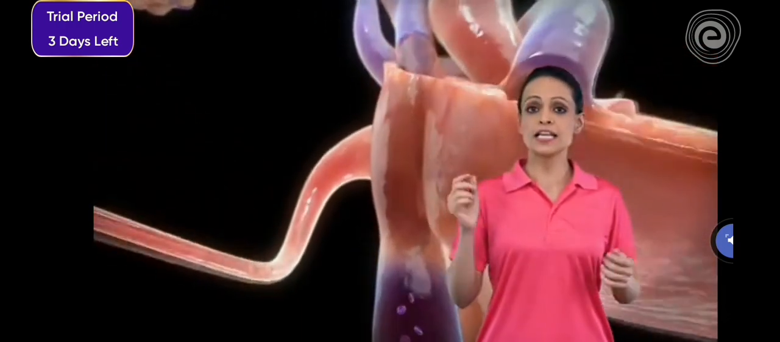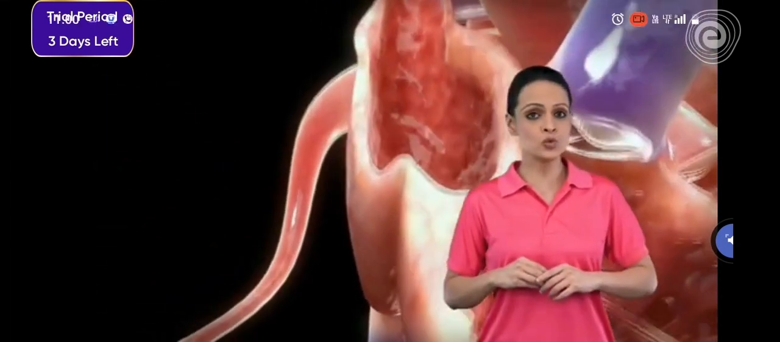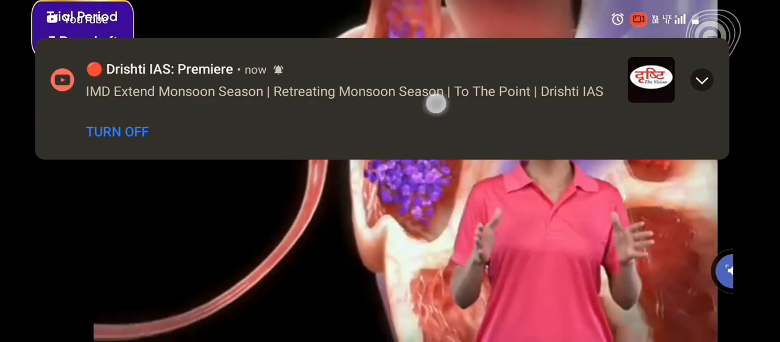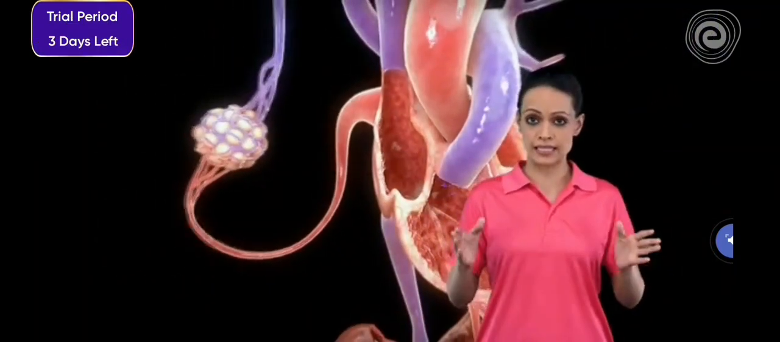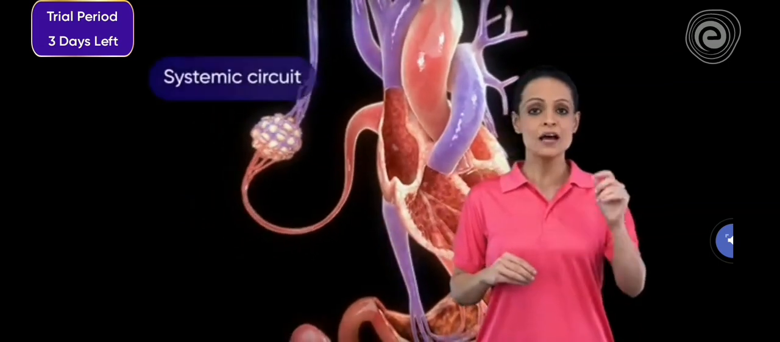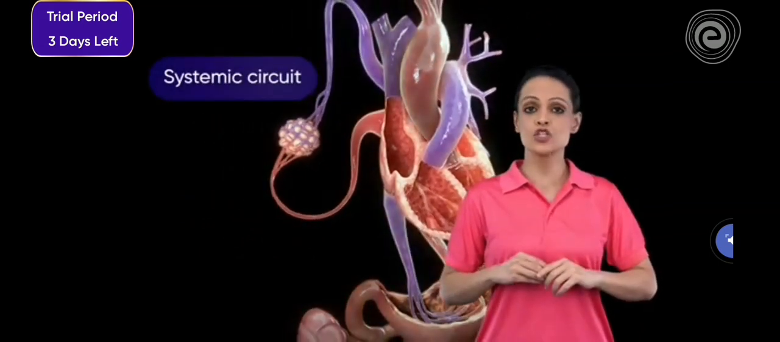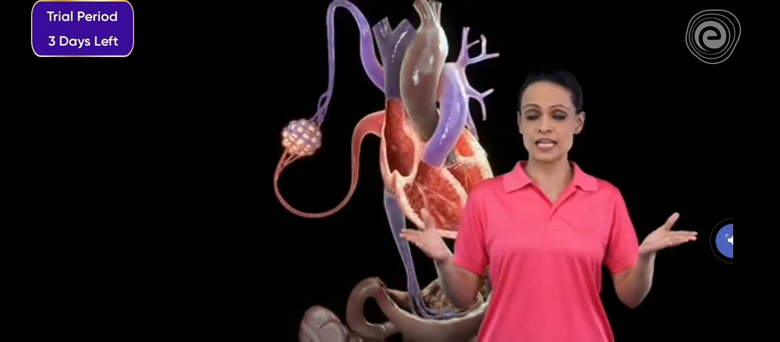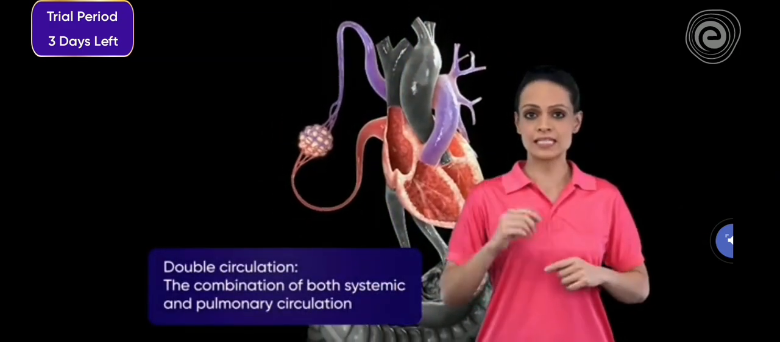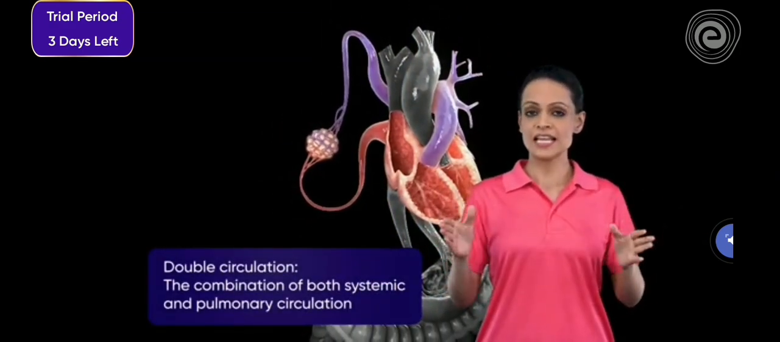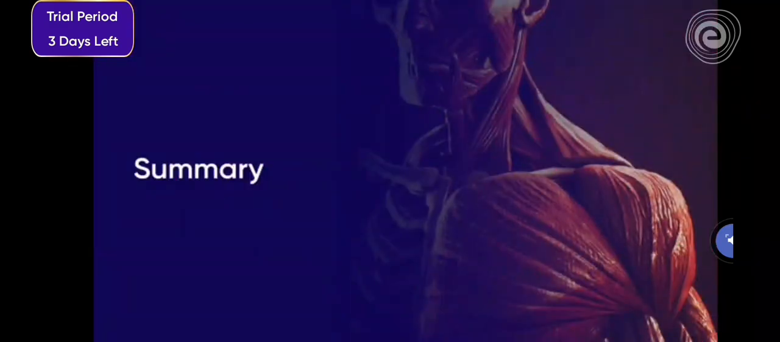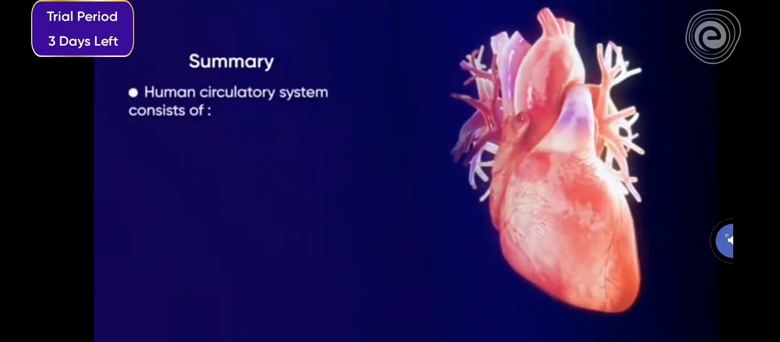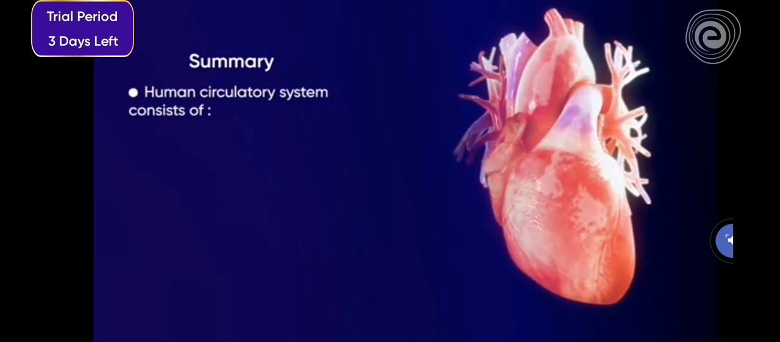Circulation of blood in human beings comprises two circuits: a smaller pulmonary circuit encompassing the alveolus and the heart, and a bigger systemic circuit showing the heart and the body cells and organs like the stomach. So this is called double circulation. To summarize, the human circulatory system consists of blood,